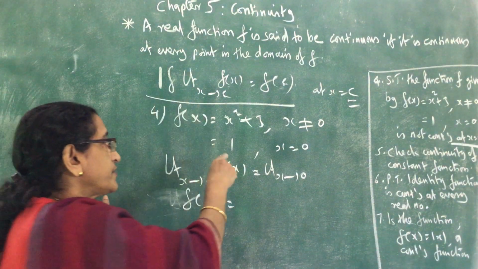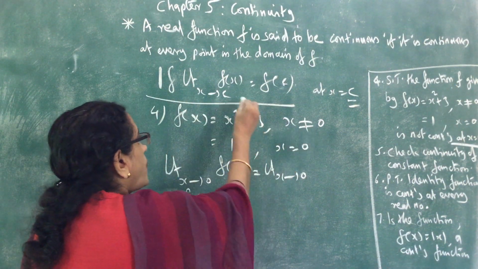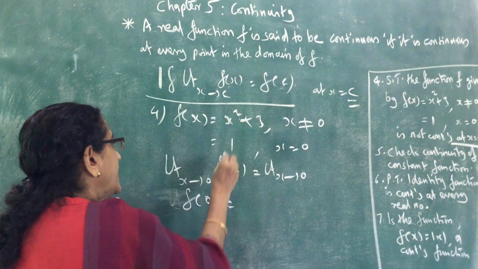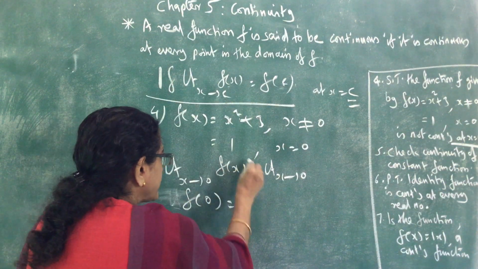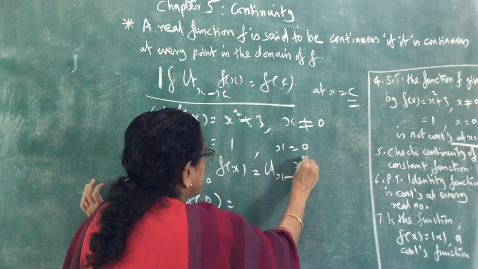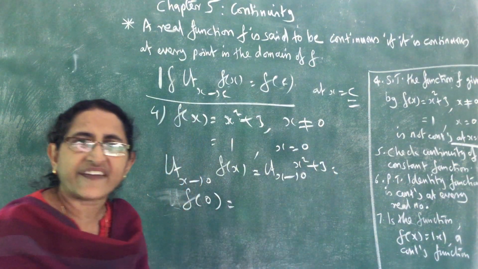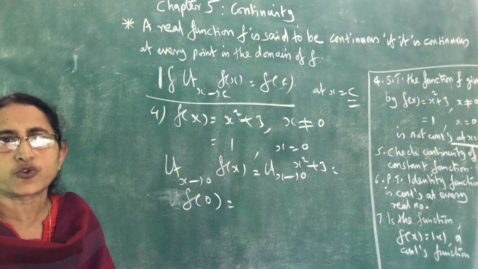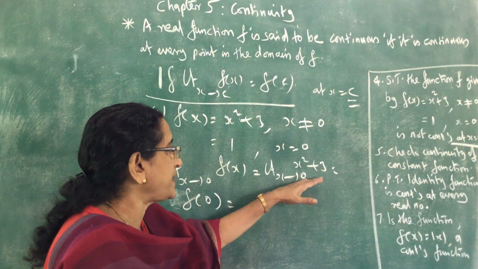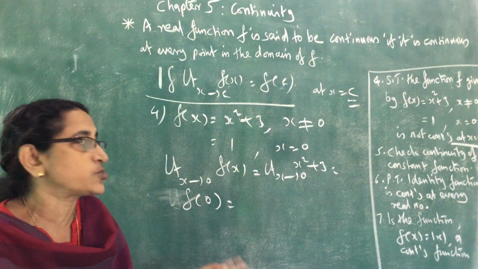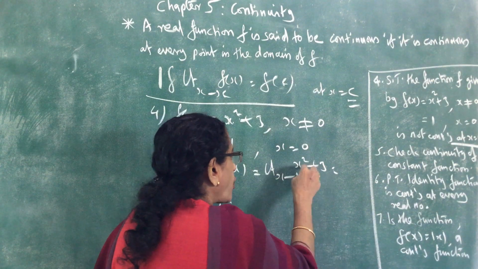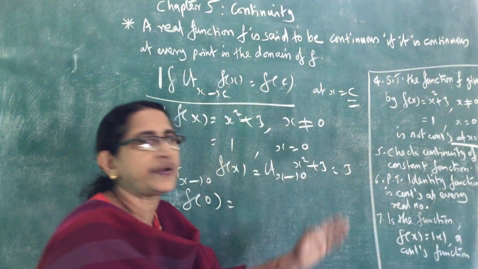Understand that. So that value, when x is not equal to 0, what is the value? That we have to substitute in the place of f of x. So in the place of f of x, we have to write x square plus 3. Next we have to find the limit. What is the method to find the limit? So to find the limit, first method is directly substitute. So put x equal to 0, 0 plus 3, 3. So we get the limit 3.